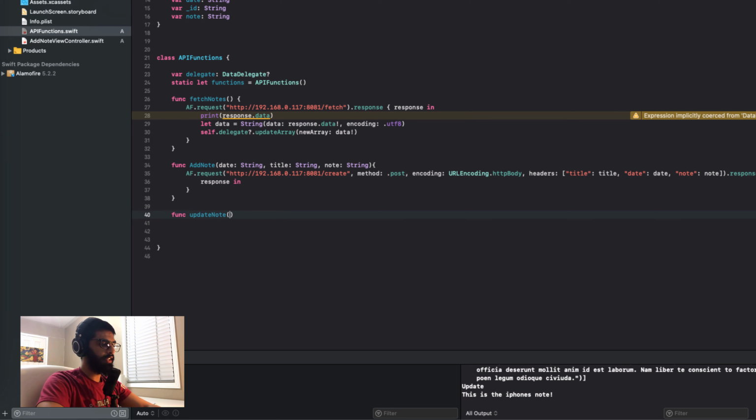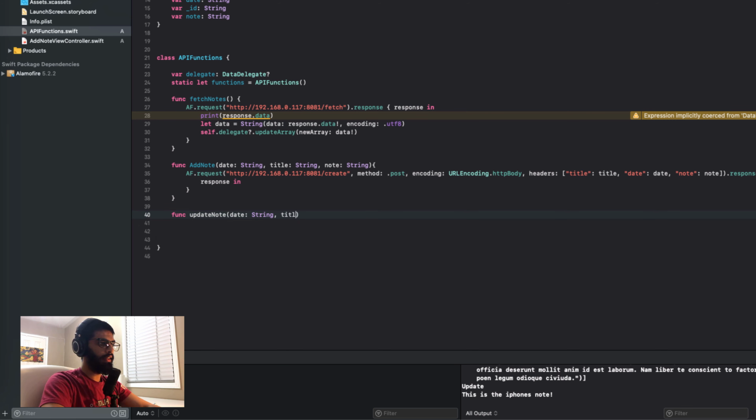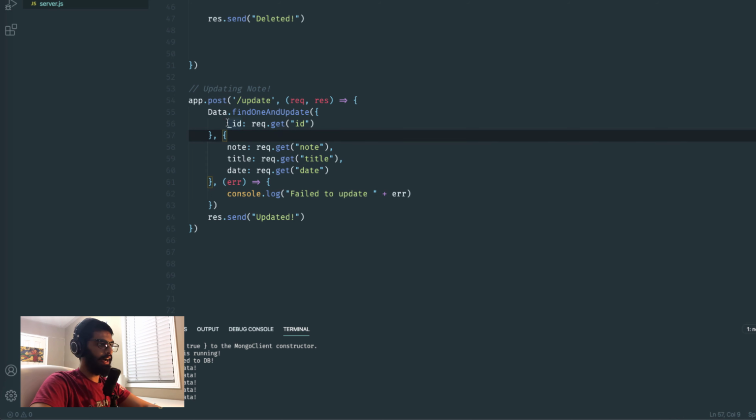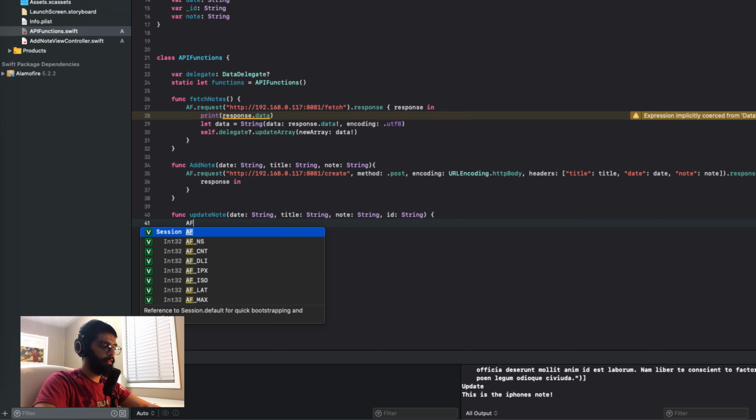and it'll take in the same things. It takes in a date, which is a string. It takes in a title, which is a string. It takes in a note, which is a string, but it also now takes in an ID, which is a string. Because remember, we have to specify the ID of the item we want to update, and then we can update it. So now I go into Xcode, and around that I'm going to write AF.request,